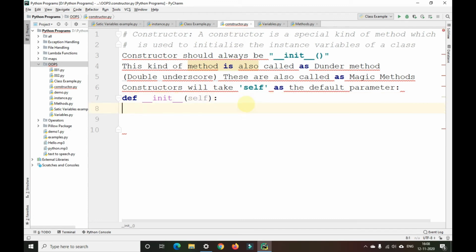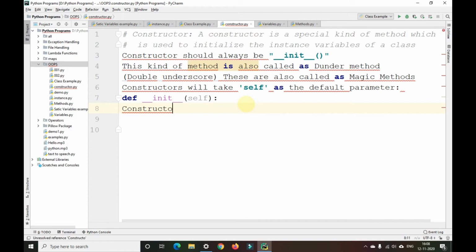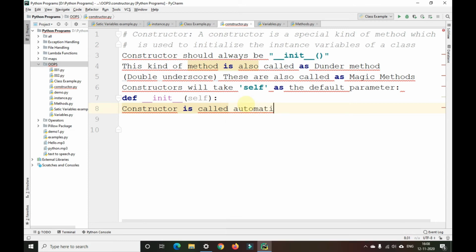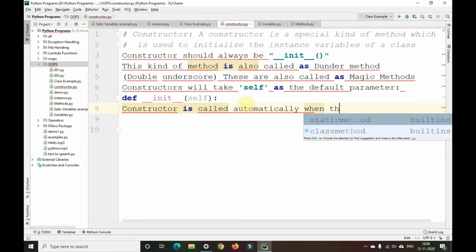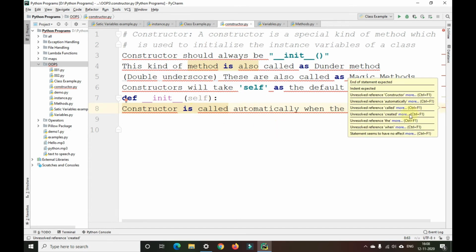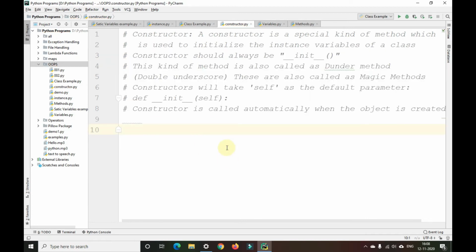By default, a constructor is called automatically whenever the object is created. So when we create an object for a class, the constructor will automatically be called. Okay guys. So now let me show you one small example on constructors.